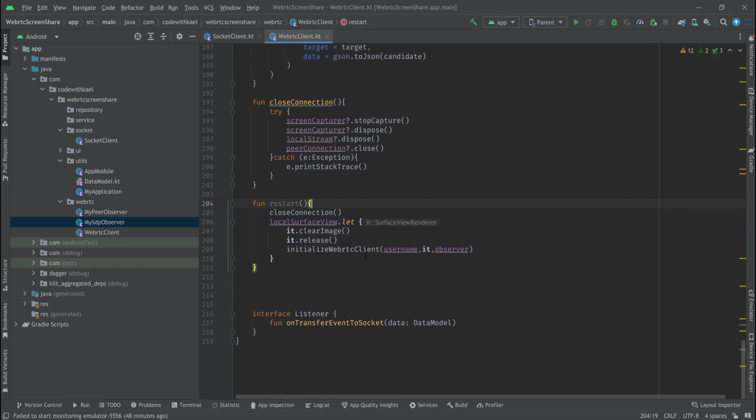So that's it for this video. We are ready to use our WebRTC client inside our main repository. In the next video, we'll start to create our main repository and use both of these socket clients and WebRTC clients in our project. So until the next video,